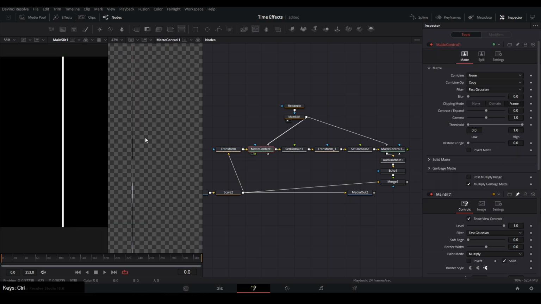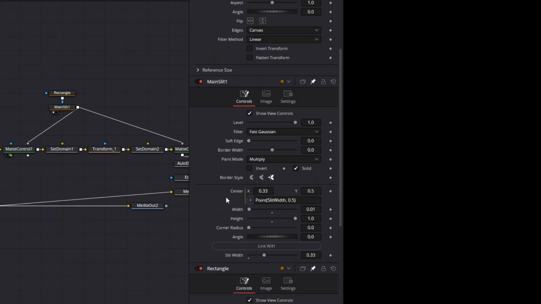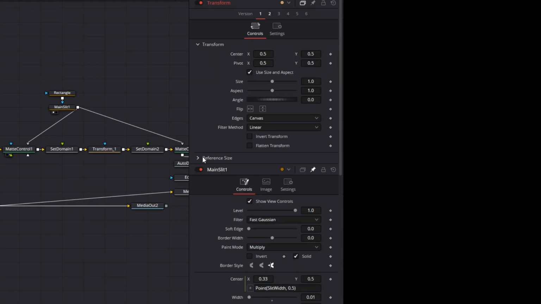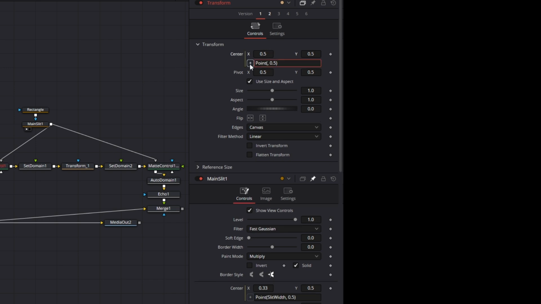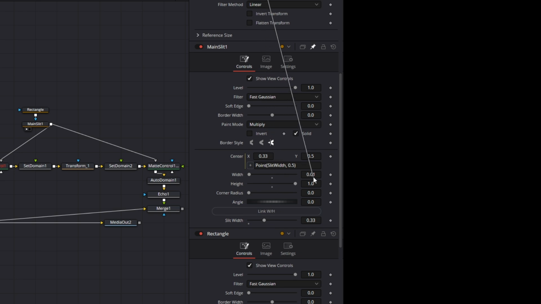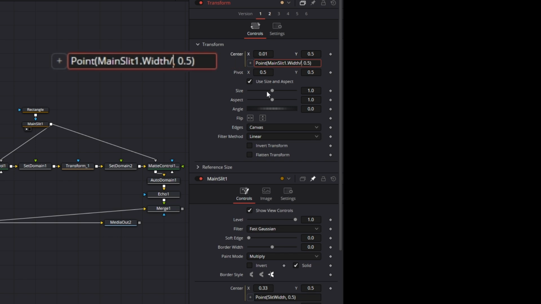And in order to get the slit that's much more not as detailed, we're going to use the set domain as well, and we're going to put a bunch of expressions on these controls. On the transform, we're going to keep our main slit end over here, so get rid of that rectangle there, and then we're also going to put an expression on this center control. And so we're going to hit this equal sign, click off. Let's pick whip this to the width of this control, and make sure, Control Z, make sure it goes back in between that point control there, the width, and we're going to divide this by 2, so /2, and then